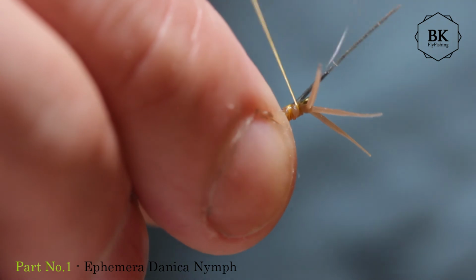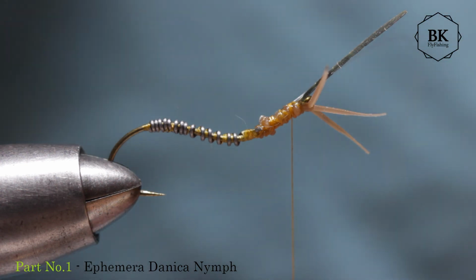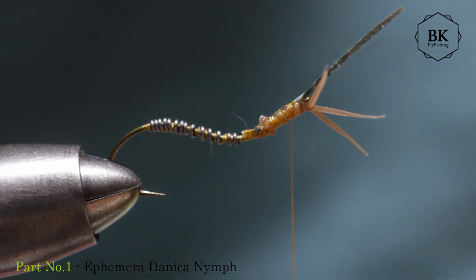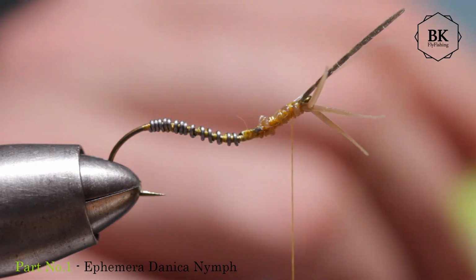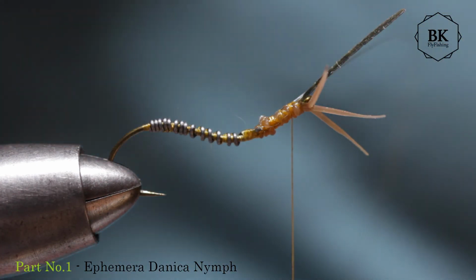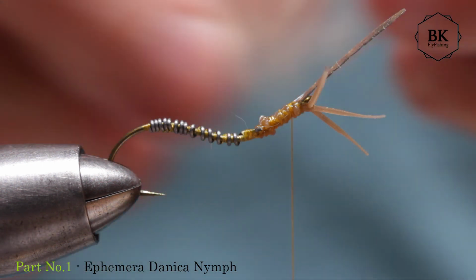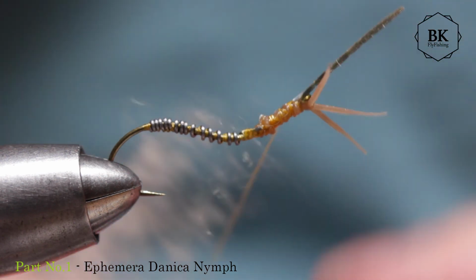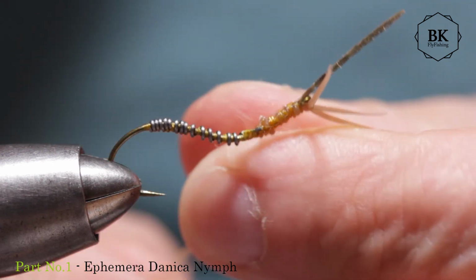Go all the way to the back, I wanted to say, but it's too hooky. And for the body, for the dubbing, I choose the camel hair in natural color, which really nicely matches the color of these nymphs. And this is kind of wool, of course. These are the long fibers, so make very slender dubbing here on the thread,